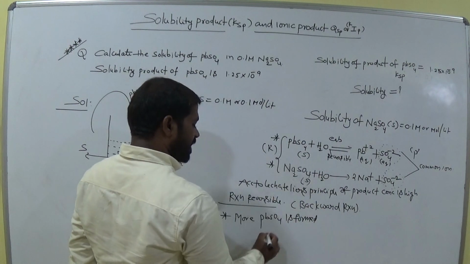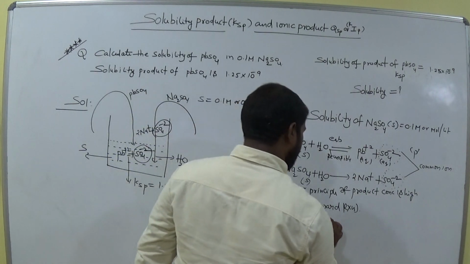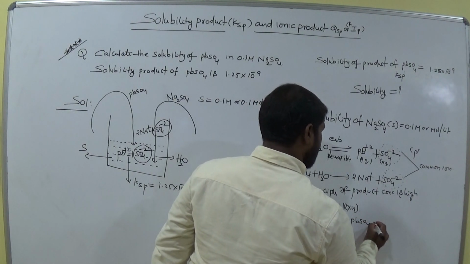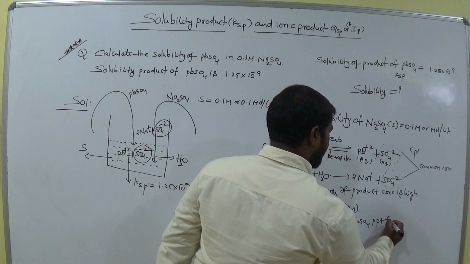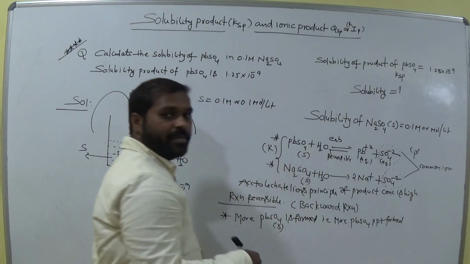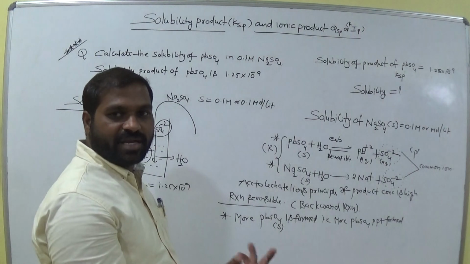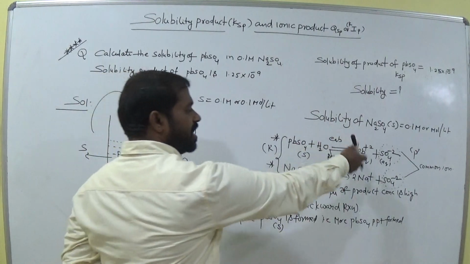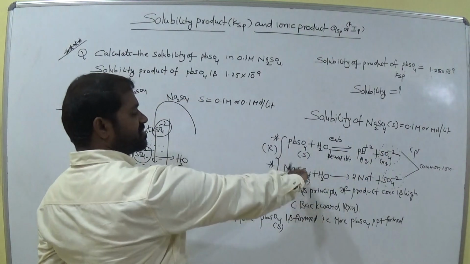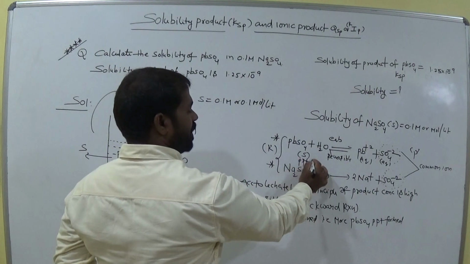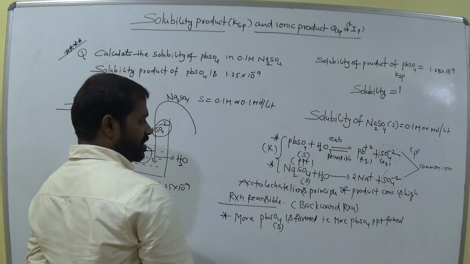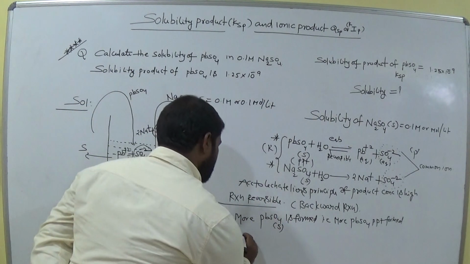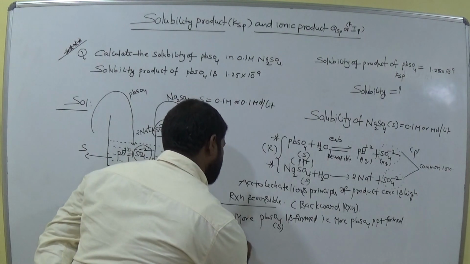Lead sulfate is a solid, am I right? Solid means PPT, am I right? More PbSO4 PPT formed. PPT formed means it doesn't dissolve in the solvent. That means solubility decreases or not? Solubility decreases. Why? Because it appeared as PPT again. There are no ions. These ions are again turned into solid. Solid means PPT, simple. Clear? So more PPT is formed. So solubility is less. PPT means less solubility.